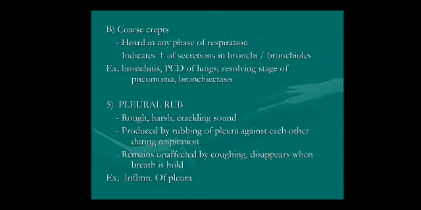In inspection, you have to inspect the movement of the chest, position of the trachea, position of the apex beat, and the shape of the chest. Coming to the palpation, you have to palpate for the position of the trachea, position of the apex beat, measure the transverse diameter, measure the AP diameter, and then expansion of the chest, vocal fremitus and tenderness. All these things you have to see.